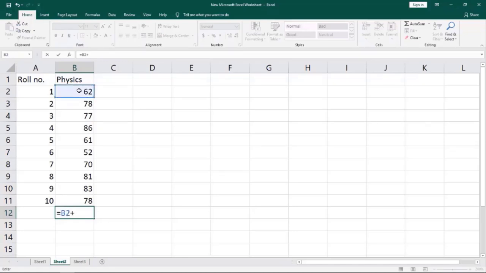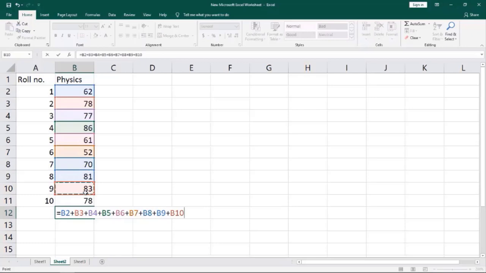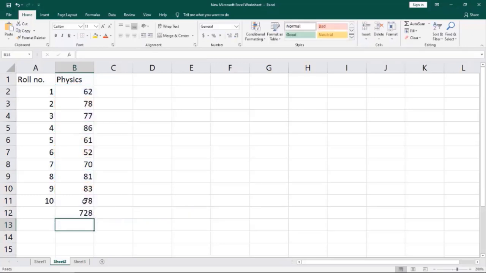This cell plus this cell plus this cell plus this cell plus this cell plus this cell plus this cell, this cell, this one, then this one, and press enter. So the sum of these students' marks is equal to 720. This is all about plus.